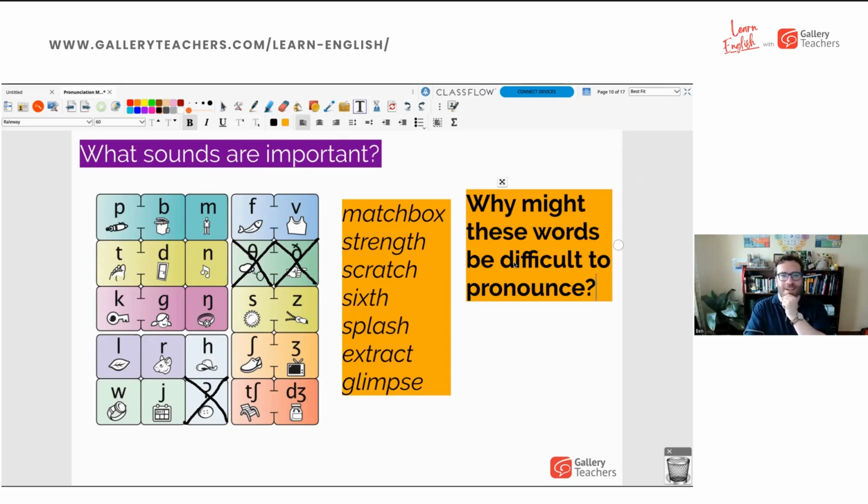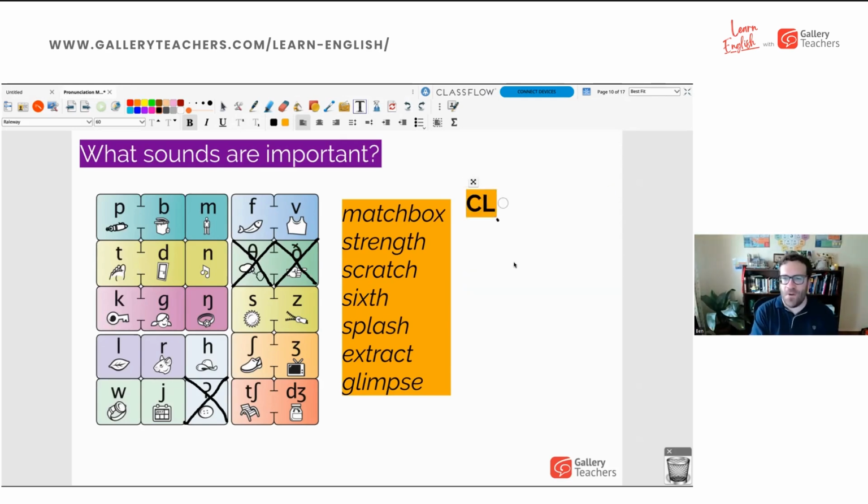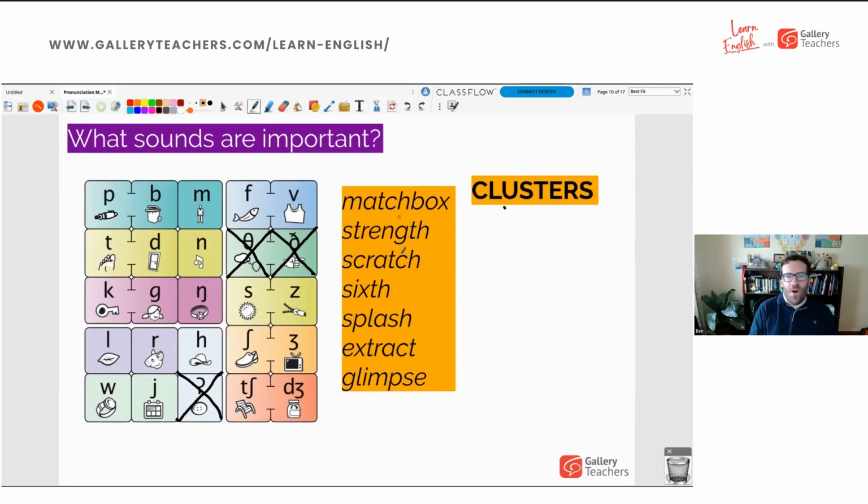There's too many consonants. We call words like this, they have things called consonant clusters. And that just means that we've got lots of consonant sounds together, right? So that can be difficult for people to say, because often in your language, you don't put so many consonant sounds together. So this first one, matchbox,